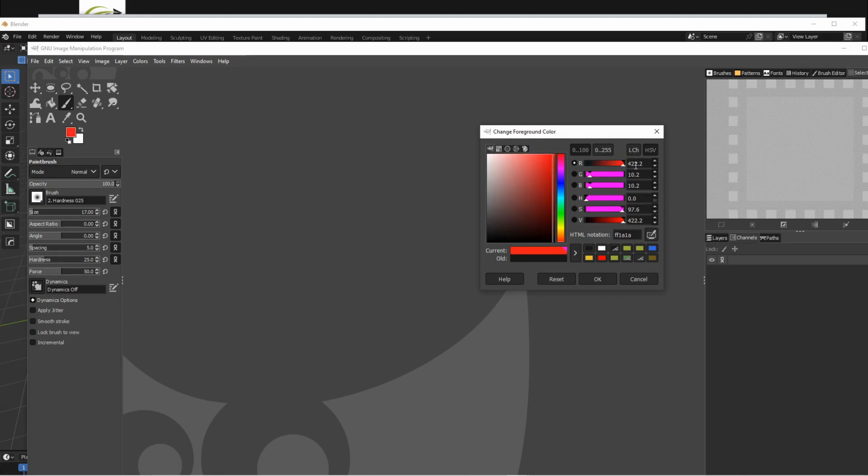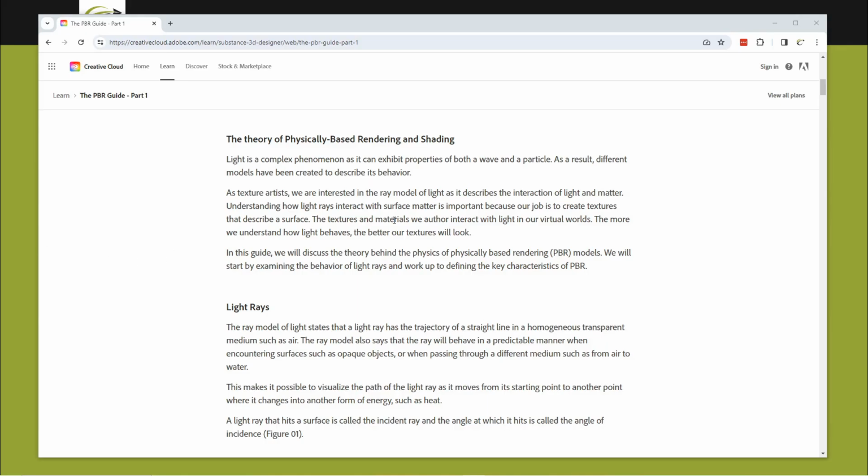So if we use 255, 255, 255, that produces the color white. So in the PBR guide document, there are 2 texture workflows, the specular glossiness workflow and